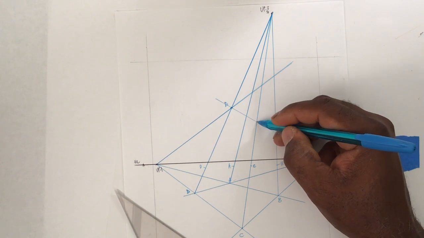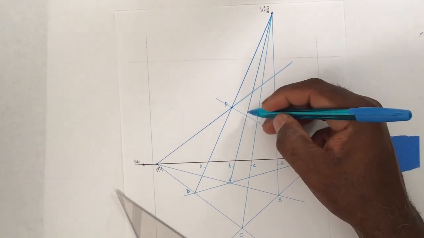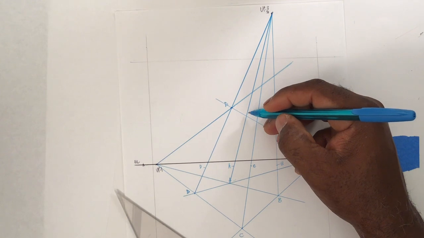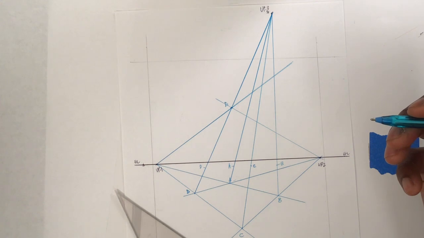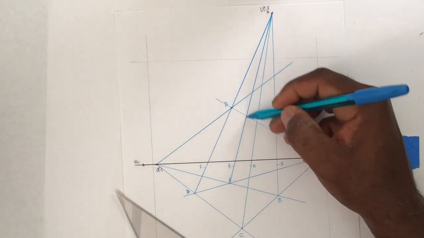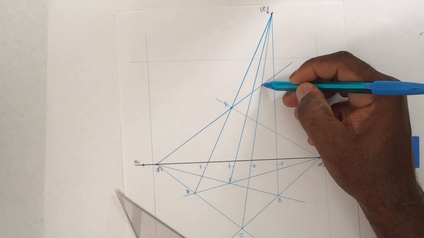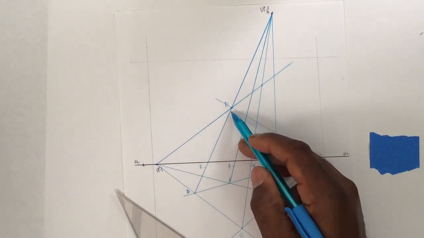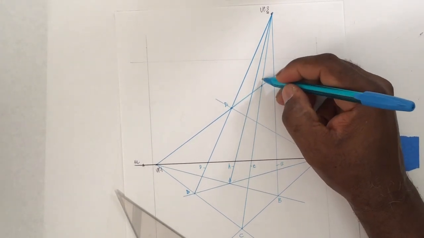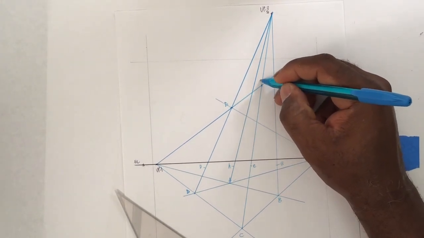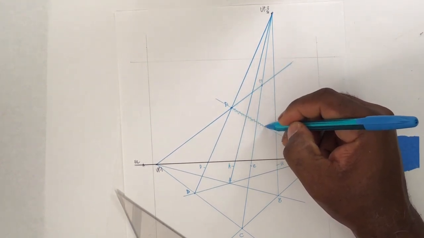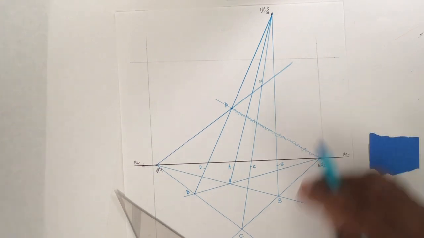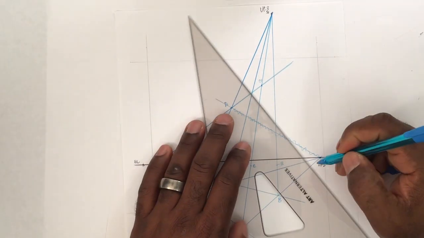Oh, that's a mistake. I made a mistake. I'm supposed to be... D1 to line C, that is C1. So let's disregard this. It's going to look ugly on screen, but let's disregard that. That's a boo-boo. And then from C1,